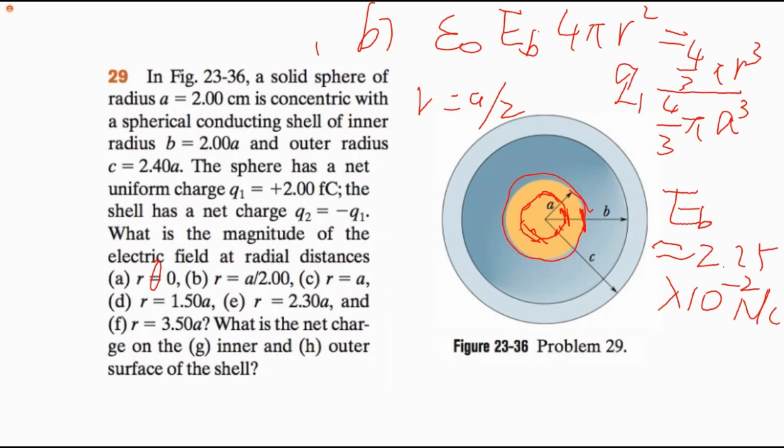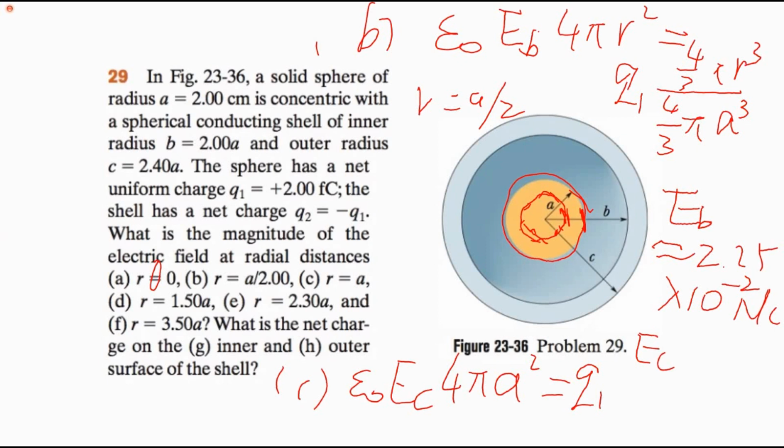We can do it similarly. We have the Gaussian surface and calculate the electric field equal to the total charge Q, so epsilon 0 times EC times 4 pi a squared equals Q1. So EC is just 4.5 times 10 to the minus 2 newtons per coulomb. Okay, so that's for C. And then for D, r equals